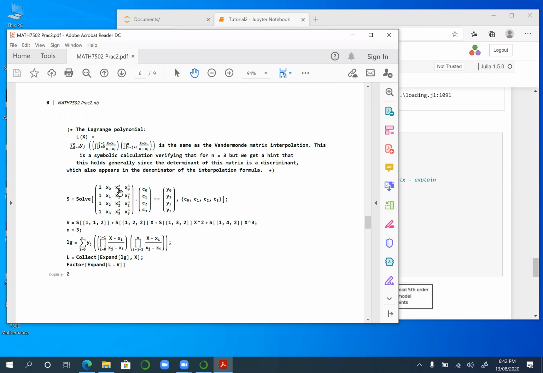Now, the x's that you see here are the x coordinates of your data. So suppose you had 4 points. The y's that you see are the y coordinates of your data, again, 4 points. And you're seeking coefficients of a polynomial. Well, you're really seeking the polynomial, but you obtain it by finding the coefficients. And so you might call those C0, C1, C2, C3 if this is degree 3. So one way to do this is to solve the matrix equation,